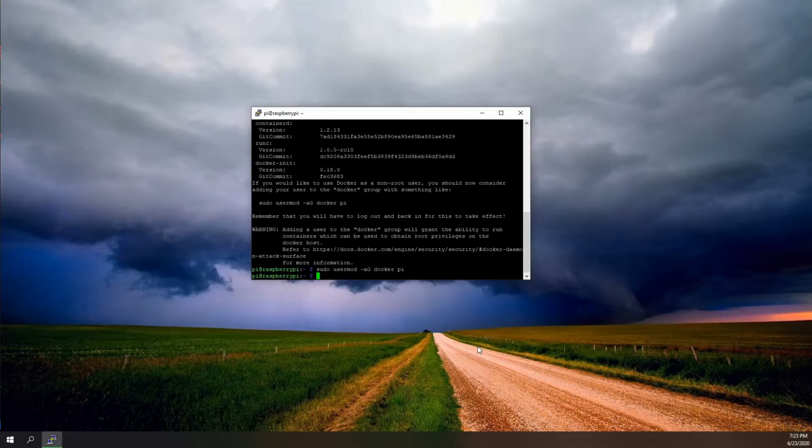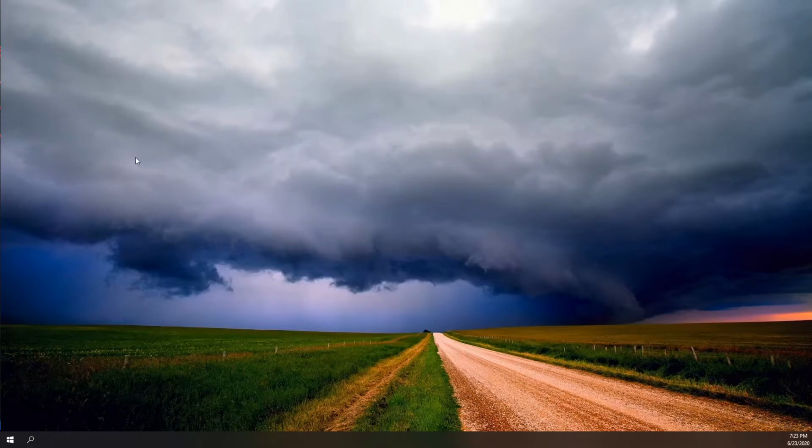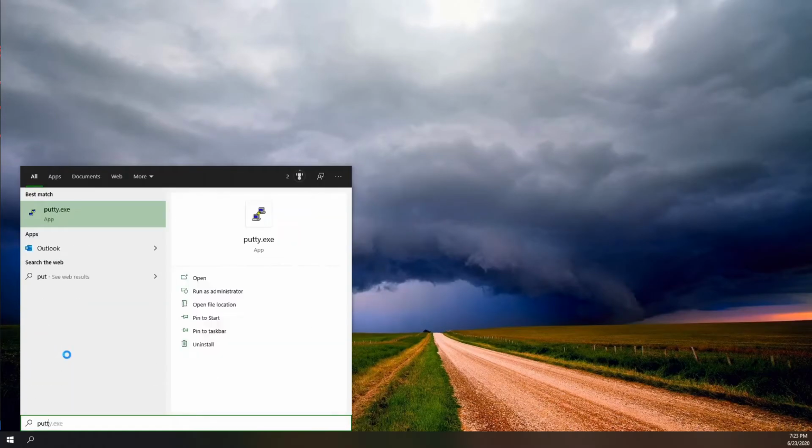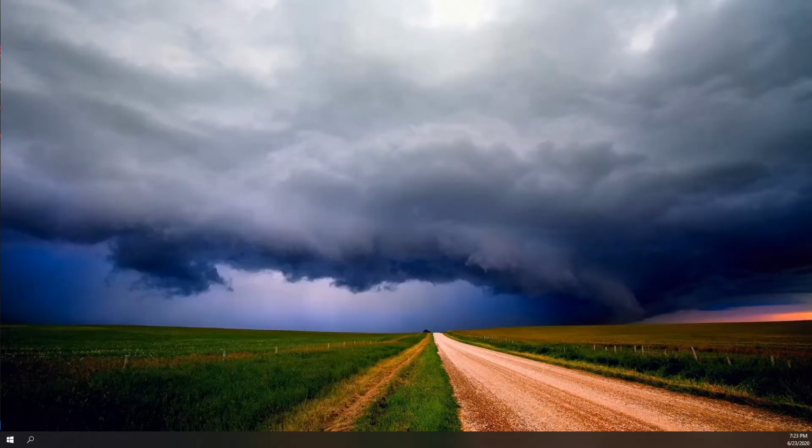And again, you're going to have that same error come up on PuTTY. You can OK, and we'll move on. All right, now that we have Docker installed on the Raspberry Pi, the next step is to check, is it